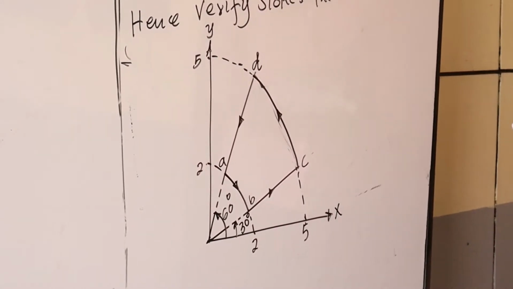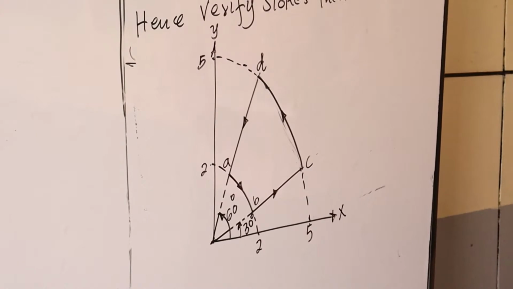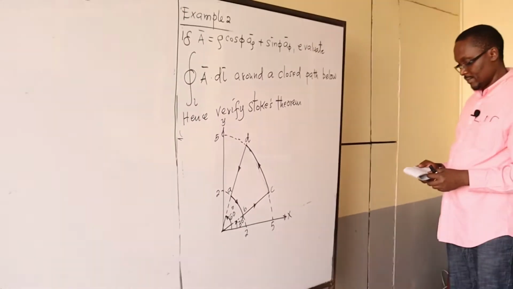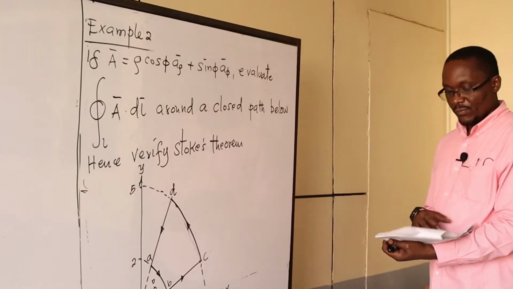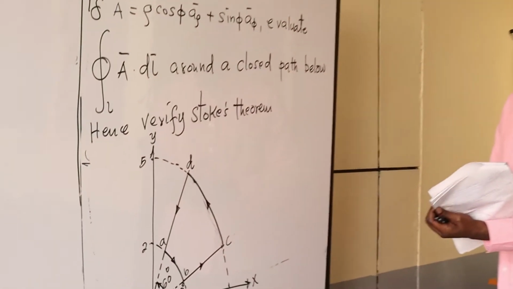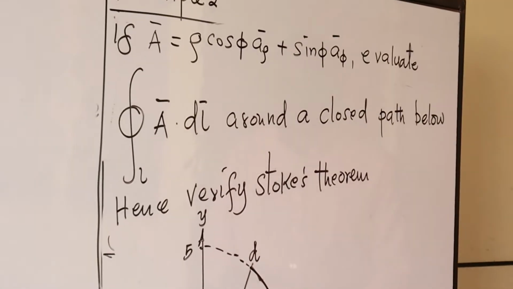So now that is my closed path that we have. So we want to verify Stokes theorem for that,